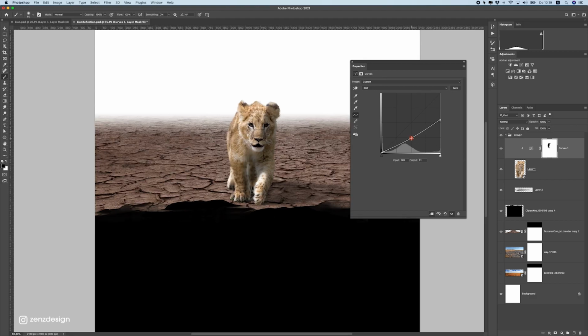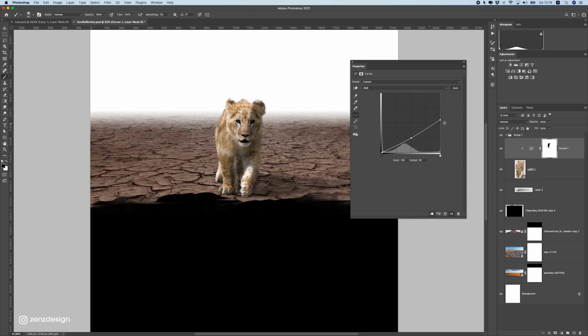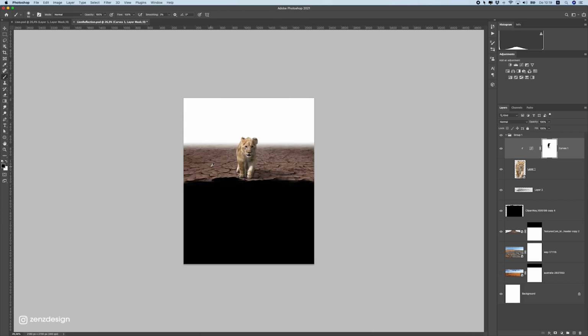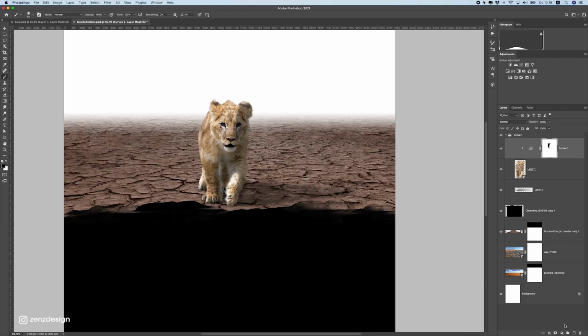And we can even give it a bit more contrast to bring this a bit down. And you can now just move this around to find a nice spot if it doesn't look good. But I think this looks nice for now. Now let's make sure we have also highlights.